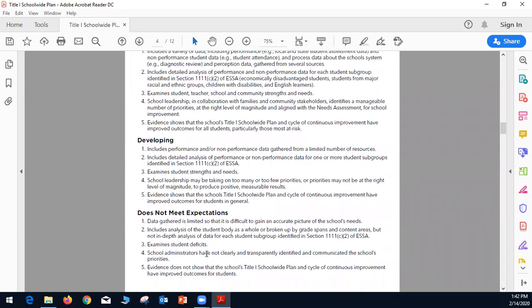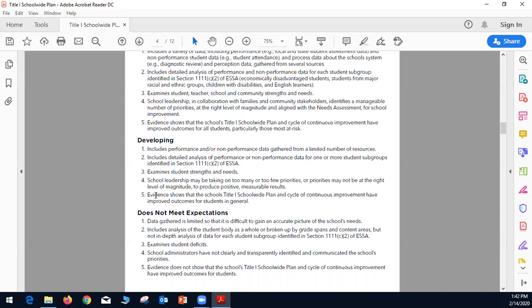A plan that doesn't meet expectations will indicate that school administrators have not clearly and transparently identified and communicated the school's priorities. And again, a well-written plan will have evidence that shows that the school's Title I school-wide plan and cycle of continuous improvement have improved outcomes for all students, particularly those most at risk.